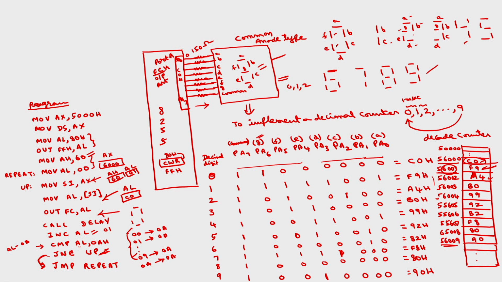This is how we can interface a 7 segment display to the microprocessor 8086, and then we can program this 7 segment display as you wish. So, here I have explained this program to display a mod 10 counter using 8086. This is one way to interface the common cathode display. Directly you can connect this port to the 7 segments. In some applications we need multiple 7 segment displays. If it is a single 7 segment display, I can do it in the manner that I have explained now.